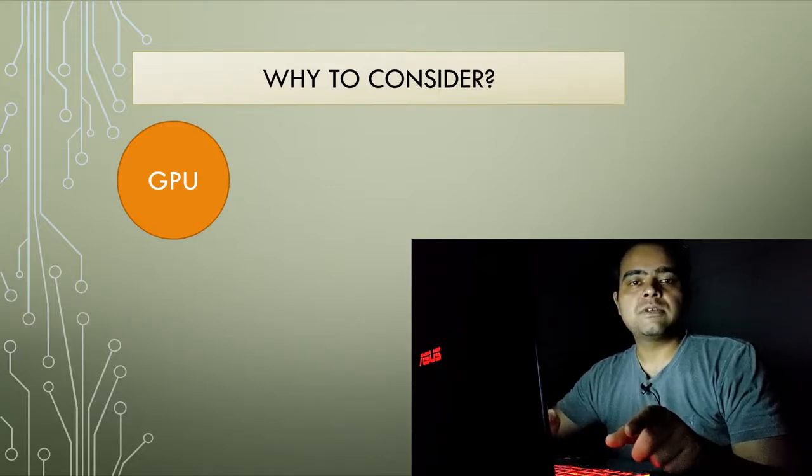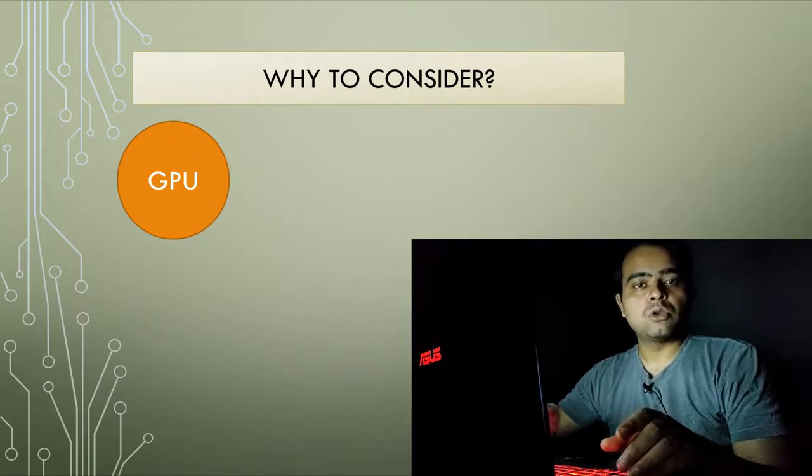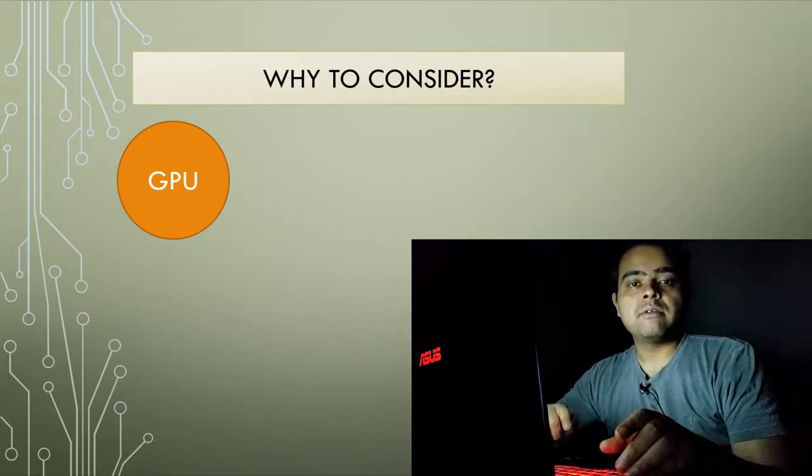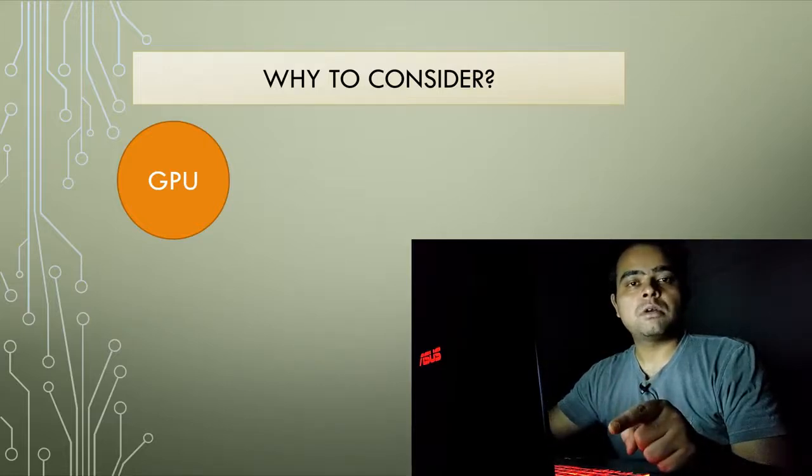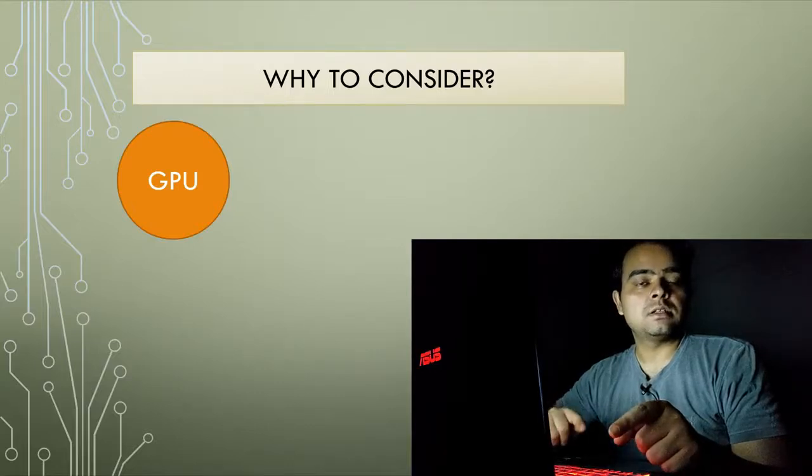But how GPU is different, GPU has many cores that are comparatively slower than the cores in CPU, but in numbers they are high. So like we have 2, 4 or 8 cores in CPUs, we have some hundreds or thousands of cores in GPU. So that is something different and interesting in case of GPU. So first point, it has more number of cores than CPU, and all the cores are slower than the ones in CPU. So what difference does it make?